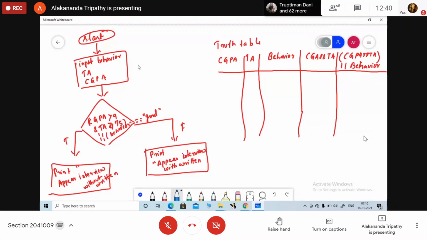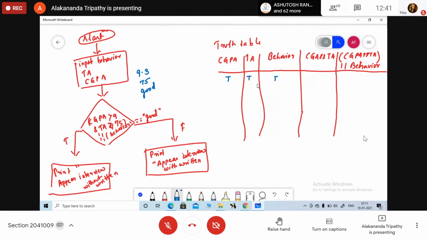Now here I am checking with the different set of inputs. So now let my CGPA is greater than 9. So let here I am taking 9.3. My attendance is 75%. My behavior is good. So what will be the value here? Appear True, and this value is true.